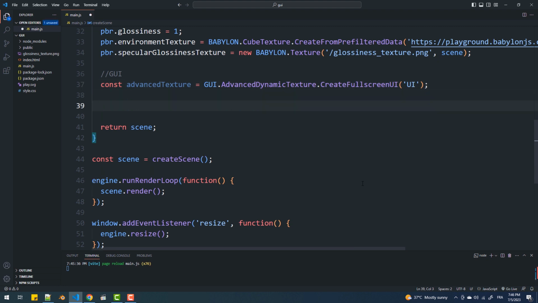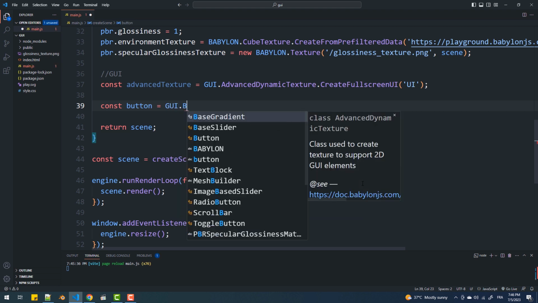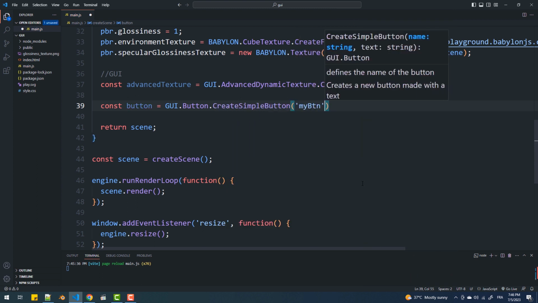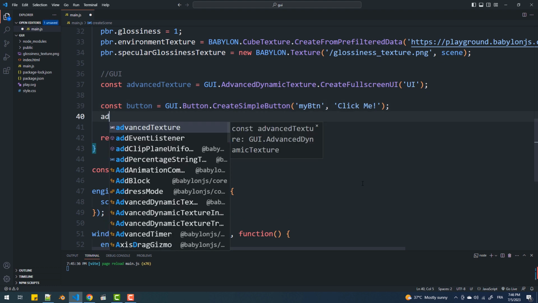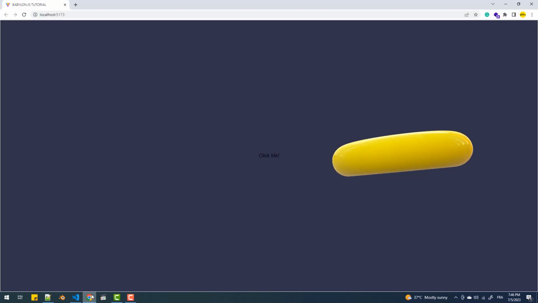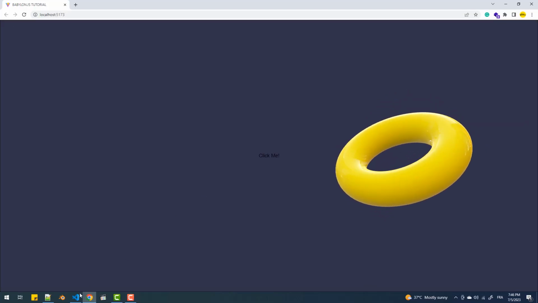The first thing I'm going to do is add a button, so here I'm going to call create simple button. The first argument is a name, and the second one is the text to be displayed on the button. Next, we need to add it to the dynamic texture. As you can see, we got the button, but it has an invisible background and it's taken all over the